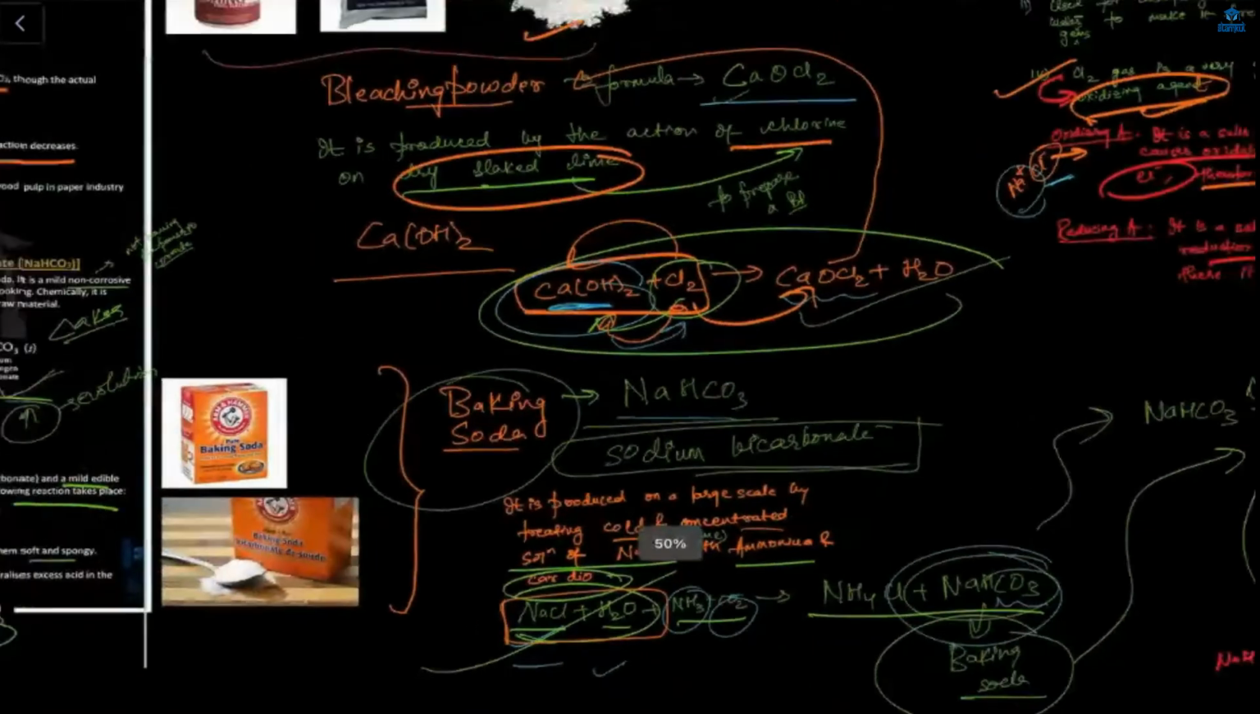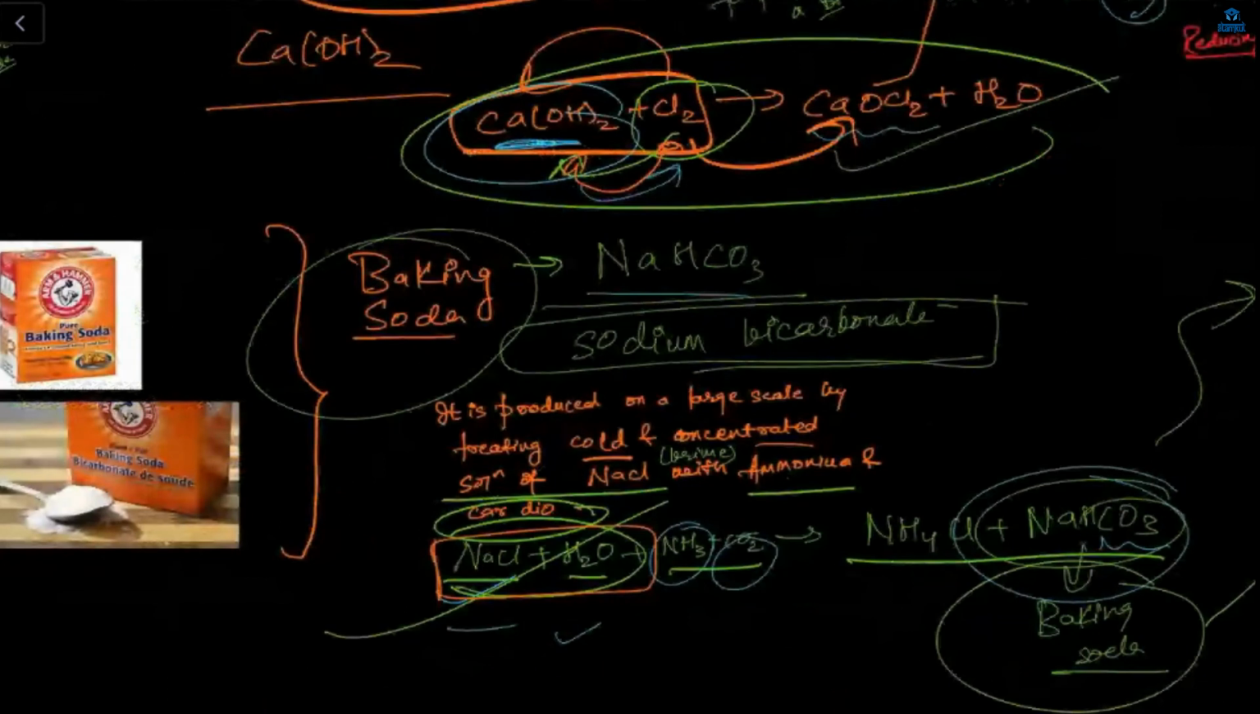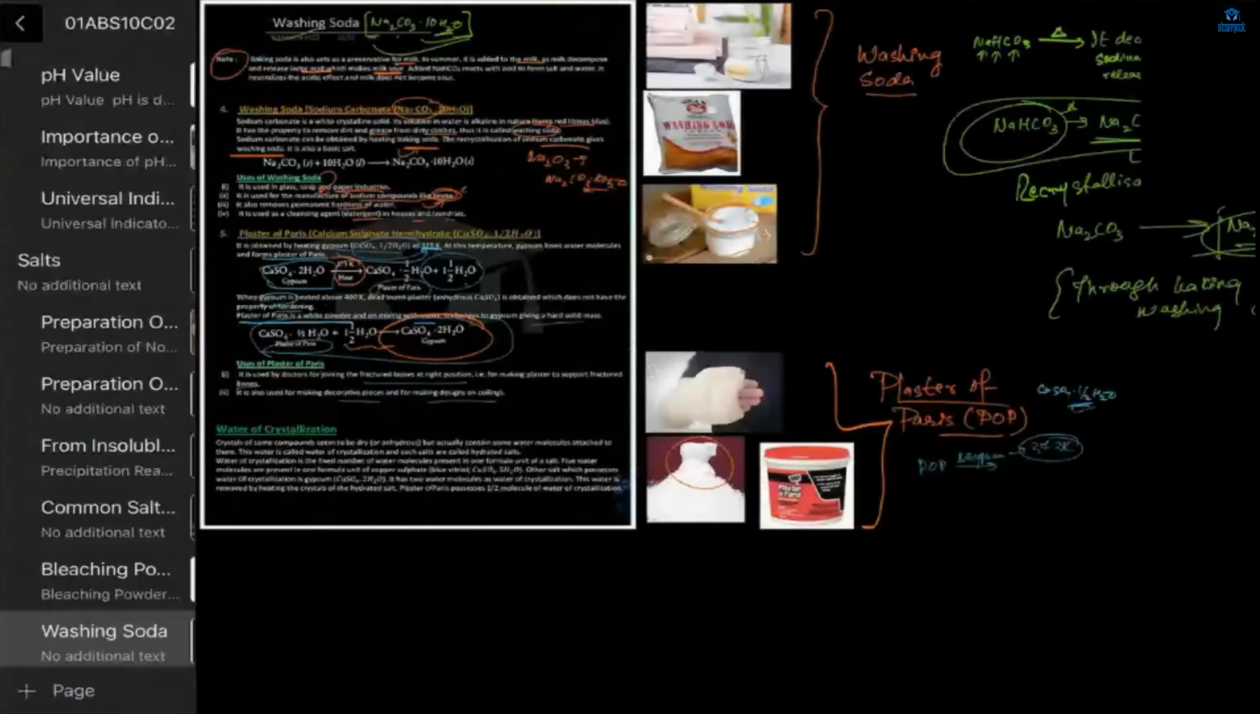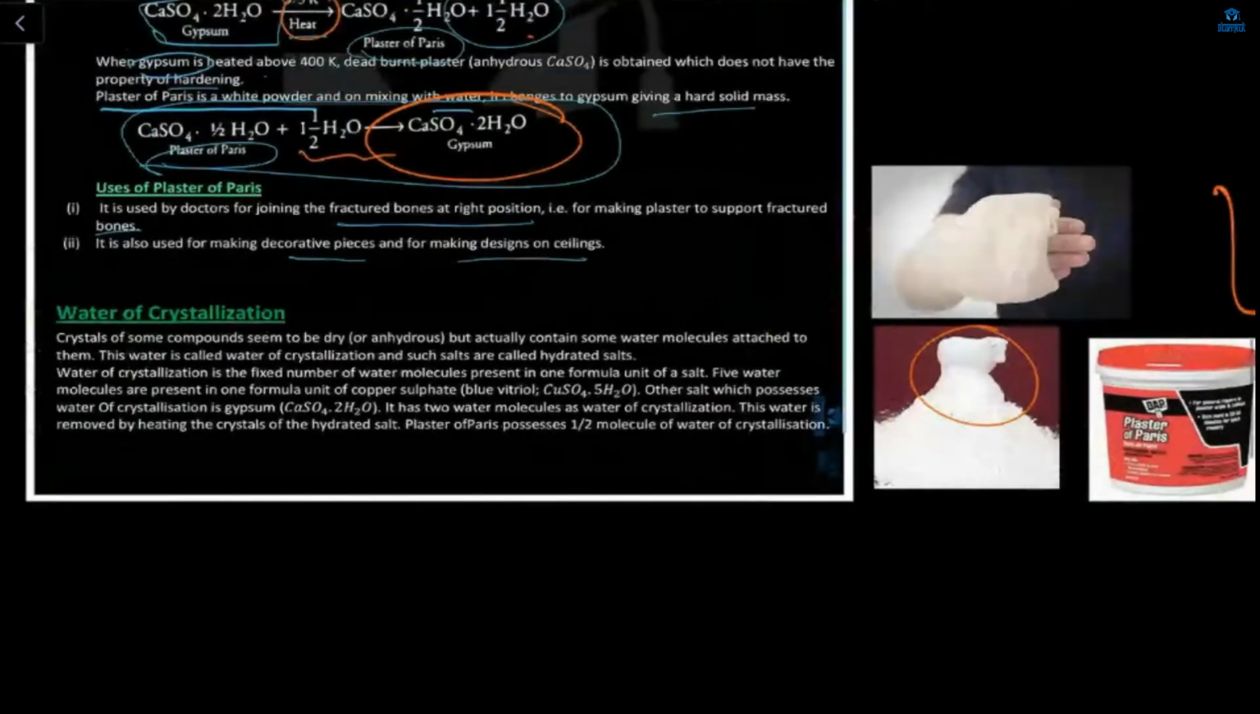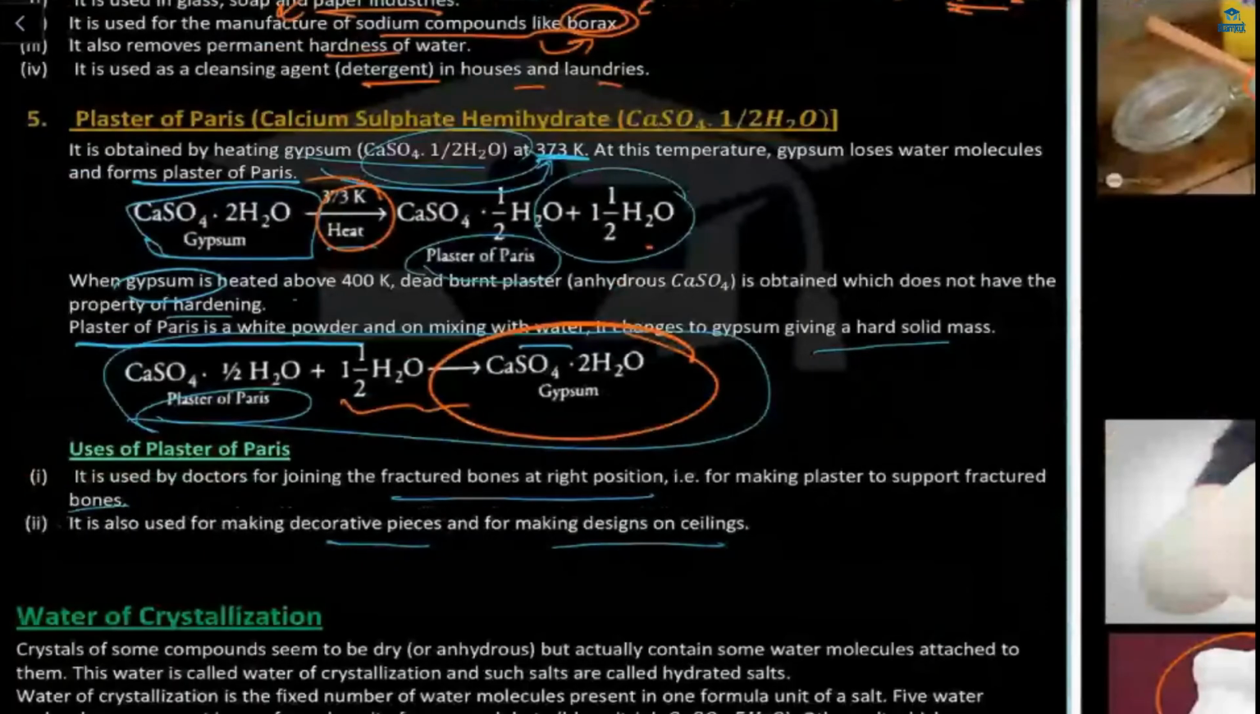And what about baking soda? Baking soda was the easiest one also. The brine, the ammonia, and the carbon dioxide, we are getting baking soda. And what about the washing soda? If we heat baking soda, we'll get washing soda and some water and some carbon dioxide. And what about the POP, plaster of Paris? Here is the simplest one,